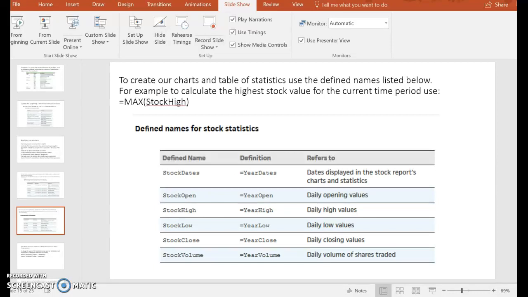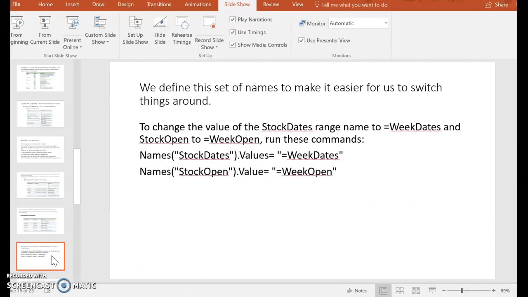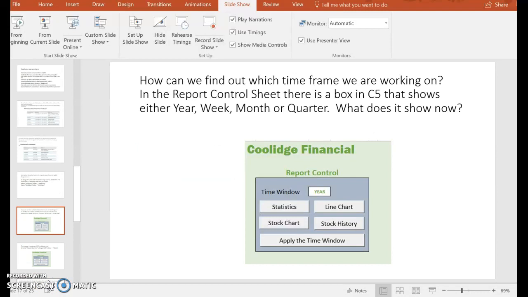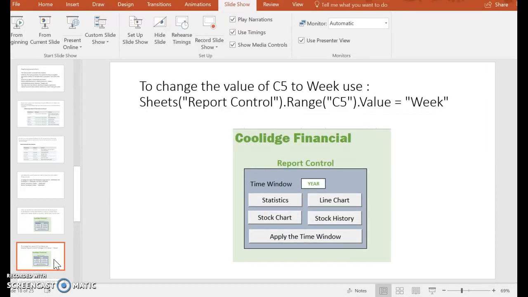Okay, so the range stock dates right now is the whole thing, but in a minute we're going to change it so that stock dates is only equal to the 5 week dates that are in the week date range. So to do this, we would just take the name stock date and we would make it equivalent to week date. So I already showed you that spinny button in C5 can be modified. And to do that, we would just take this code right here, Sheets Report Control,